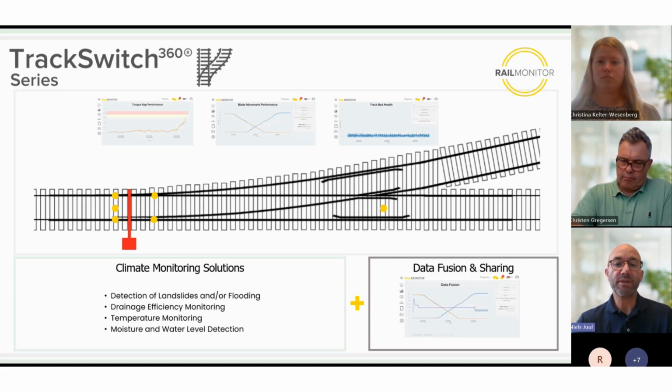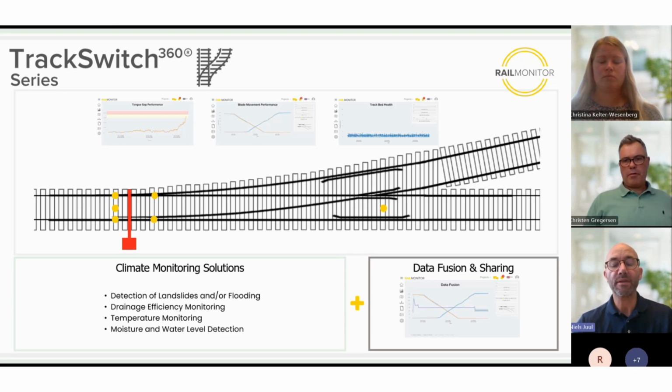On the other hand, we also have what we call TrackSwitch health solution. This is two different types of sensors. We deploy one in the area of the frog, and one typically in the beginning of the turnout